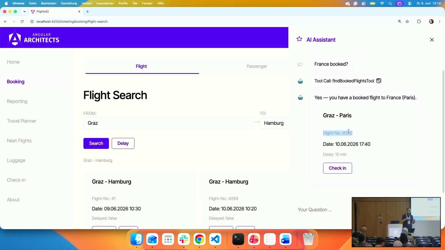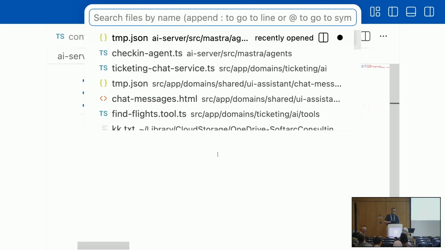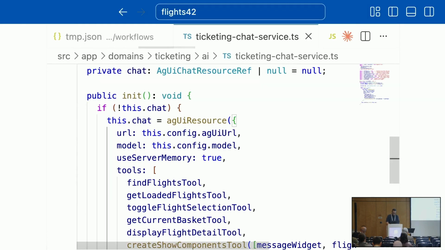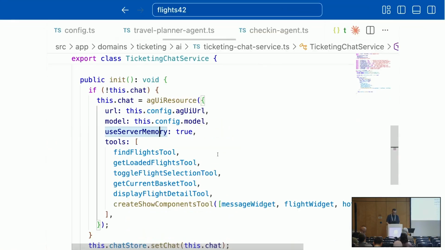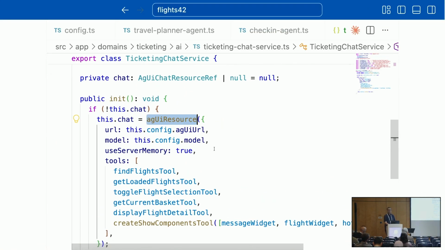We need to implement some convenience functions. And this is what I did for this example. And this is also what I would recommend to you, because your code should not deal with low-level stuff. So let's have a look into my implementation, just to give you an idea of how I abstracted this. So what I have here is a so-called resource.